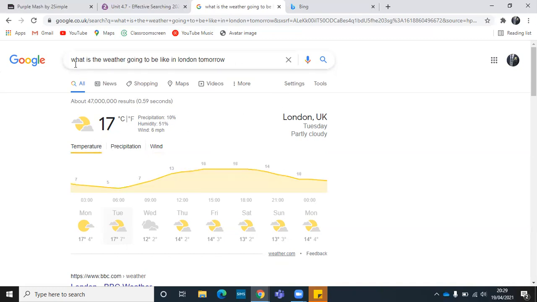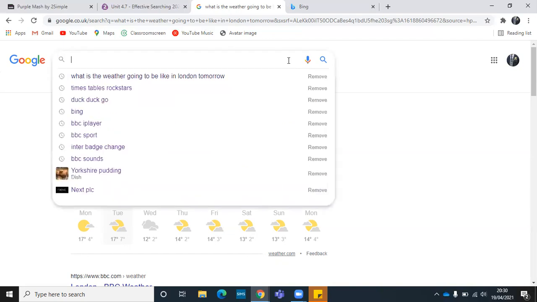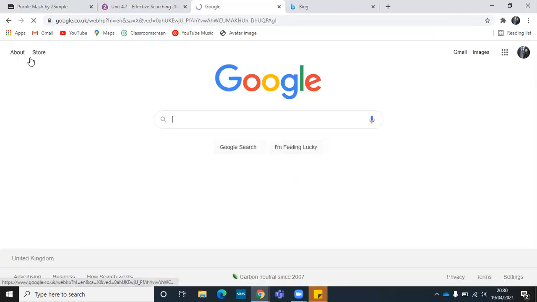Now you can see here, it's taken me a little bit of time to type this big, long question into the search bar. If I go to the little X, it says clear, and I can do another one. Okay. So if I go back to the toolbar, what I could do instead is just use some keywords. What I mean by keywords is words that we can type in instead to fill in my question. So my question is, what's the weather going to be like in London tomorrow? Instead, all I could do is type in weather